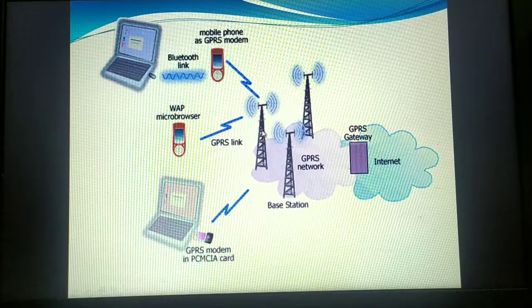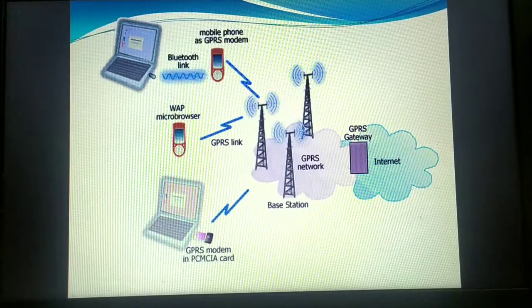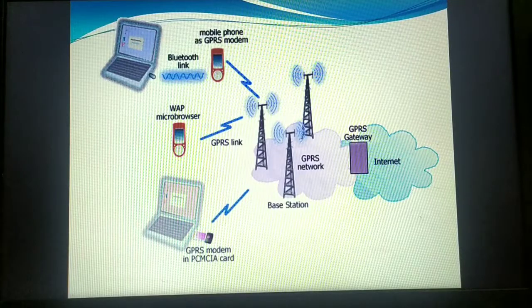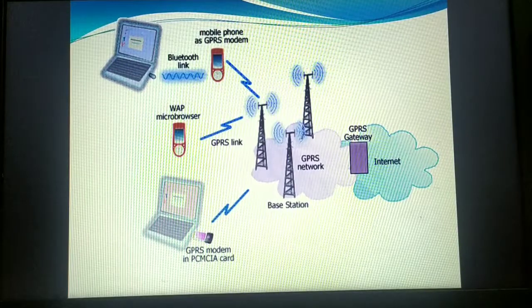Usually GPRS provides very high speed data transfer between 56 kilobits per second to 114 kilobits per second, and GPRS is usually charged only on the amount of data sent or received, not for the duration of the connection. One quality of GPRS is that it is always on, always connected. Previously we had other internet connections like GSM, which works based upon the circuit switching technique. When you had only the GSM network, even if you were just connected to the internet, they were charging you.